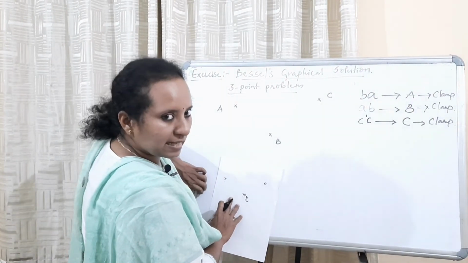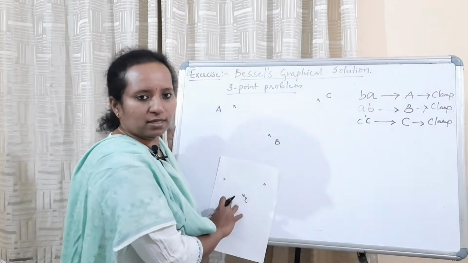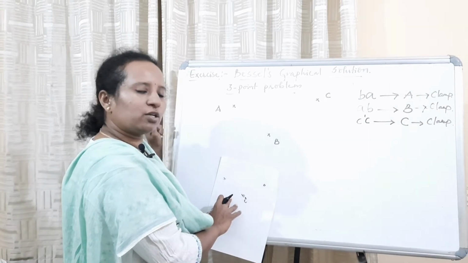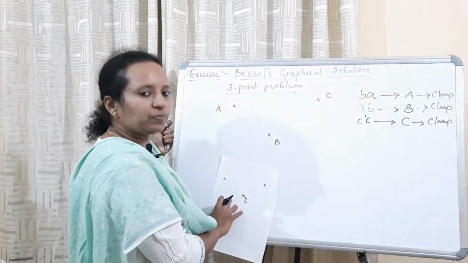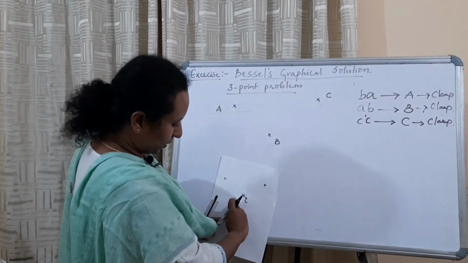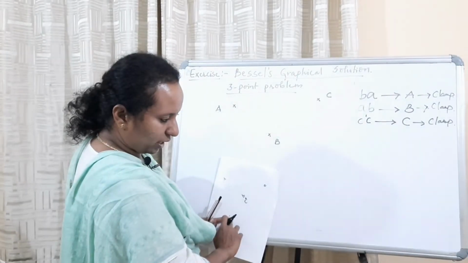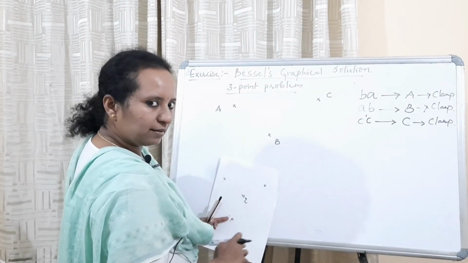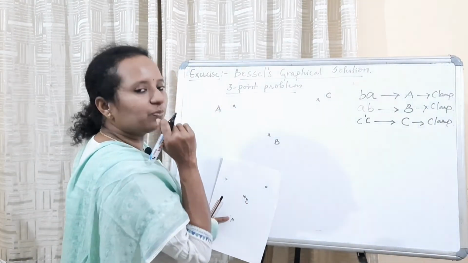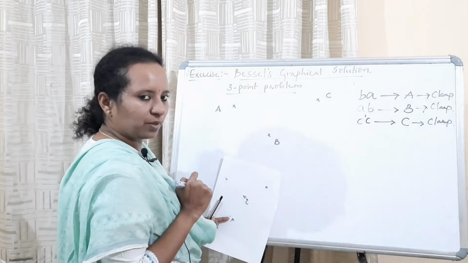So, the main aim of this exercise was to locate the current position with respect to the previous day's work. By doing this exercise, I have located the current position on the drawing board and oriented the existing drawing board with respect to the existing 3 points of the previous day's work.